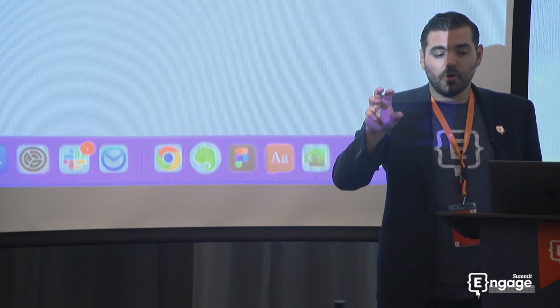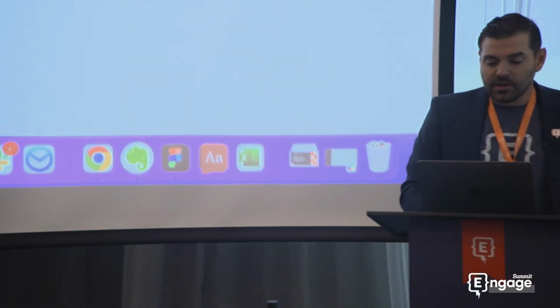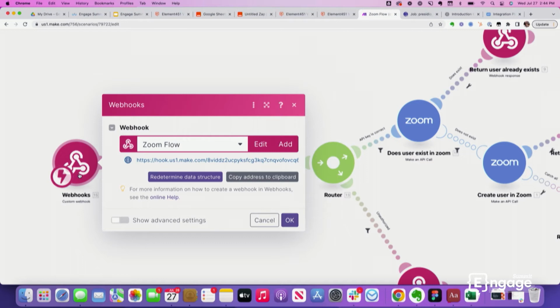So essentially, we're using Make to build some of that work that is not necessarily around the data component, right? So what we're doing here is we're using Make to say, okay, here's a workflow for when we want to tie Element. So we're sending this in the orchestration layer. One of those little tasks is like, okay, call this workflow in Make. Send it the data that it needs based on that flow,